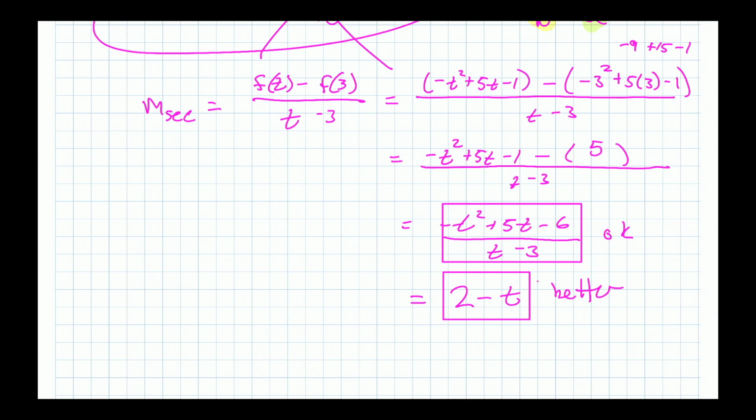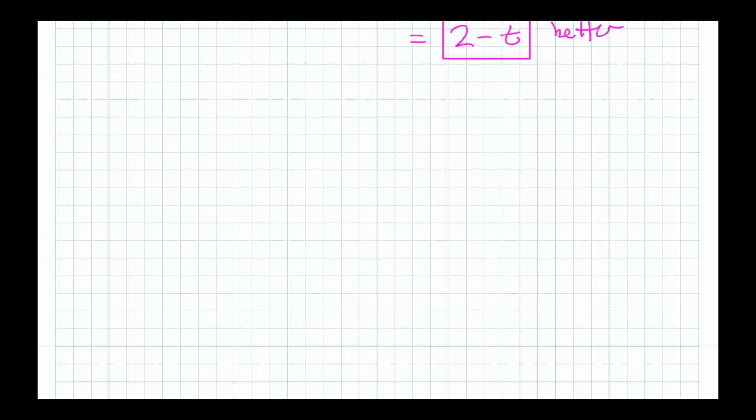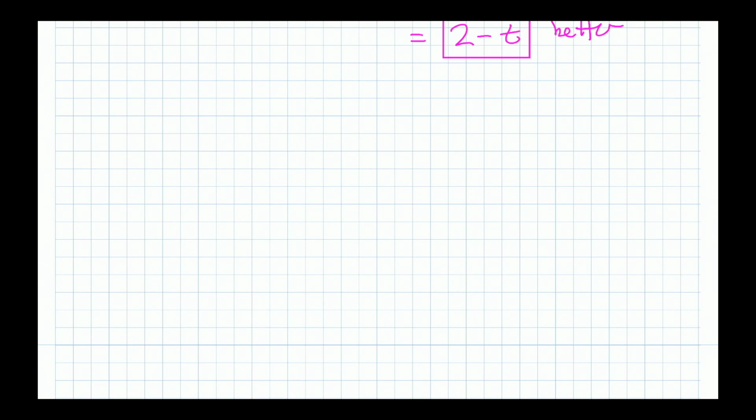Yeah. Let's go back and do another one that's actually numbers. So let's try this. And after this one, I'm going to check if there's anything that we haven't seen. And if there is, we're going to do it. And if there's not, then I think we're just about done here. We've seen the types of problems that they have. So here's a function. And we want, you'll never guess, average rate of change